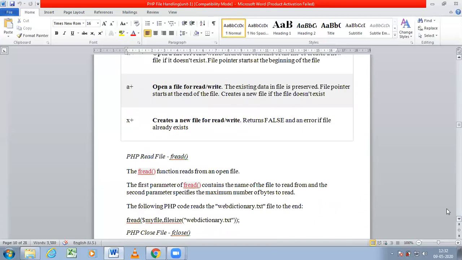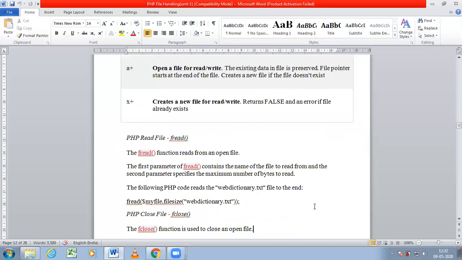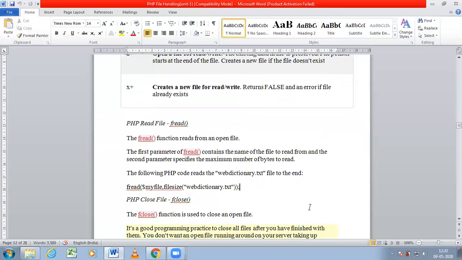Many examples I wrote, and different modes also I have explained here. Next function is the fread function. After opening a particular file, now you want to read the contents of that file. If you want to read the contents of the file, line by line or character wise, you can read the contents of that particular file by using the function fread. How to read means some syntax we need to follow, that is fread of which file, my file,